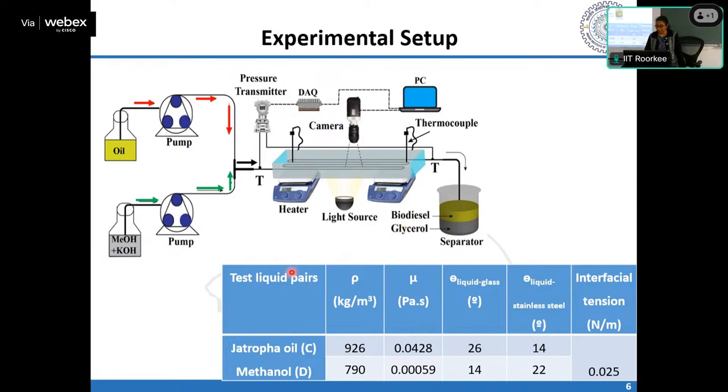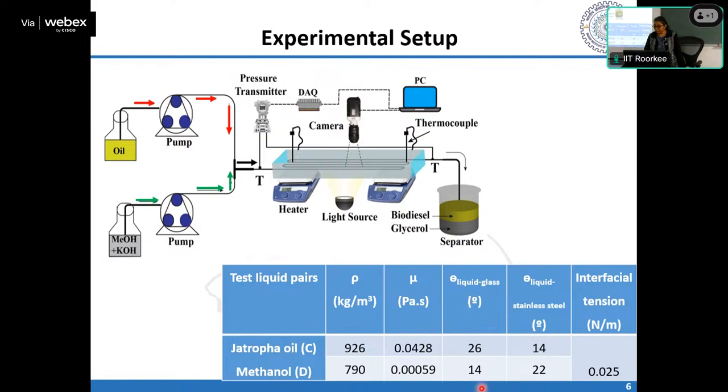So the initial conditions are given for the jatropha and methanol. Jatropha is forming the continuous phase, methanol is forming the dispersed phase. I want to point out two things. One is the viscosity. You can check the dispersed phase viscosity is very low in comparison to the continuous phase. And here, the liquid-glass, because this is made of glass,